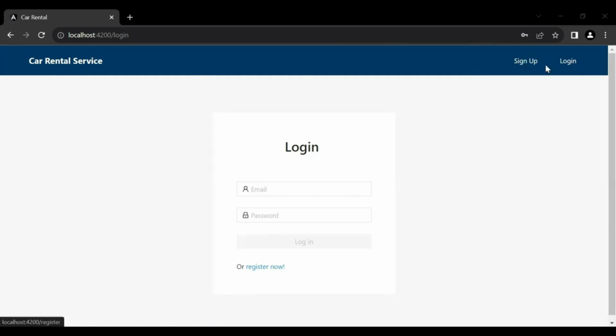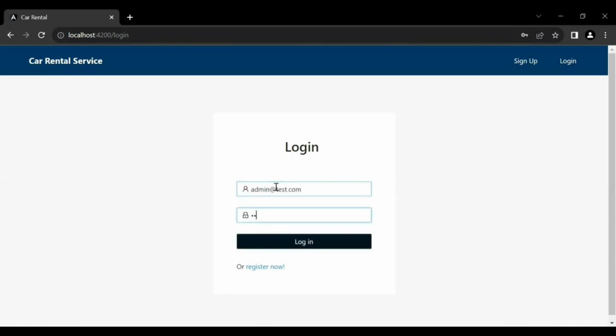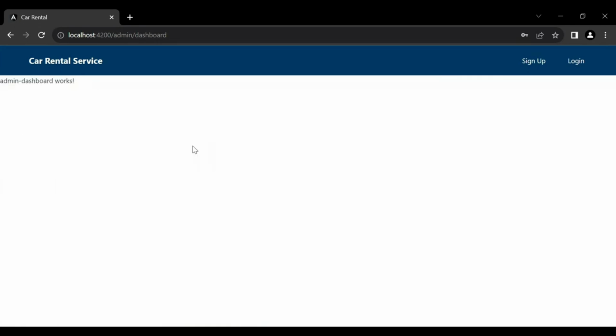You can see the navbar with the sign up and the login showing to the logged in and not logged in users. So let me log in here as the admin. The same navbar is showing to the logged in admin. If I'm logging in here as customer, you can see the navbar has not changed. So we need to show a different navbar when the user is logged in. So let's start the functionality.